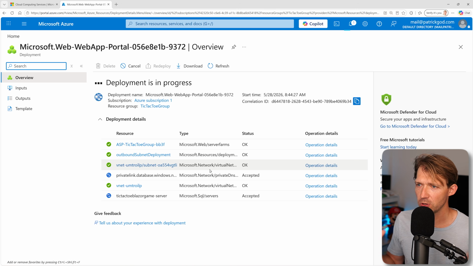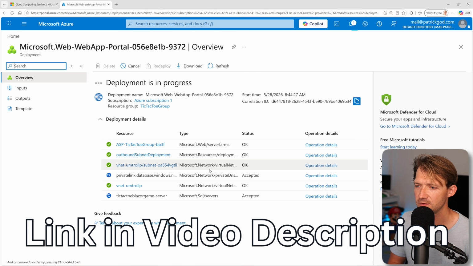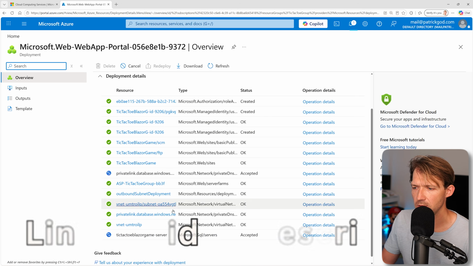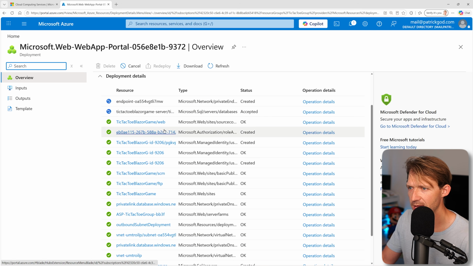All right, deployment is in progress. You see it here. This takes a while now. During the workshop, we went ahead and implemented more features to the application. Again, you can watch the whole workshop with the link in the video description below. One thing I can already tell you is that Azure creates stuff